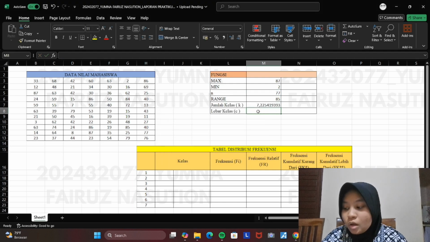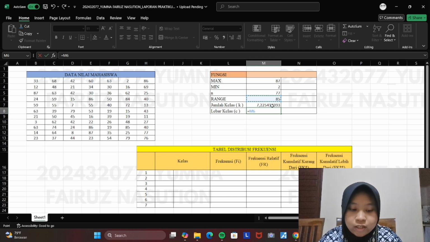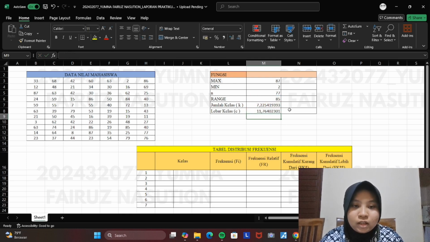And for the class width, we need the formula range divided by the number of classes. For divide, we use the slash symbol and click the number of classes, and then we enter it.